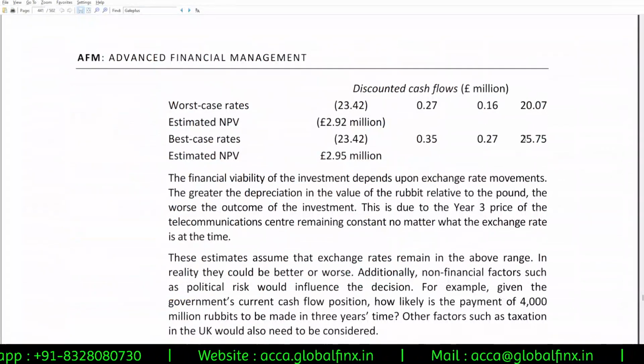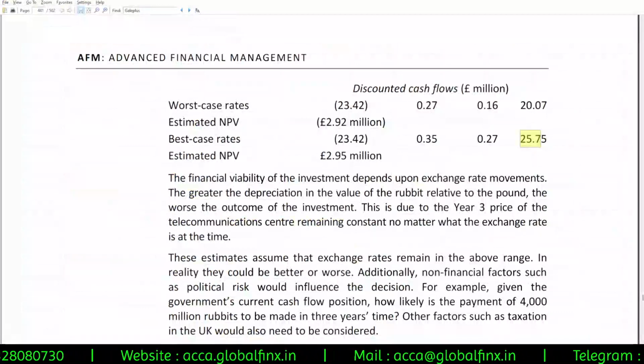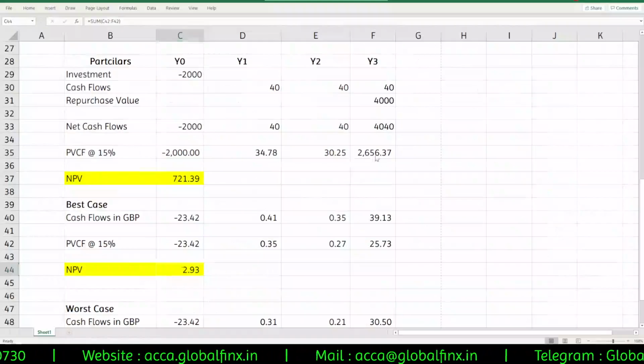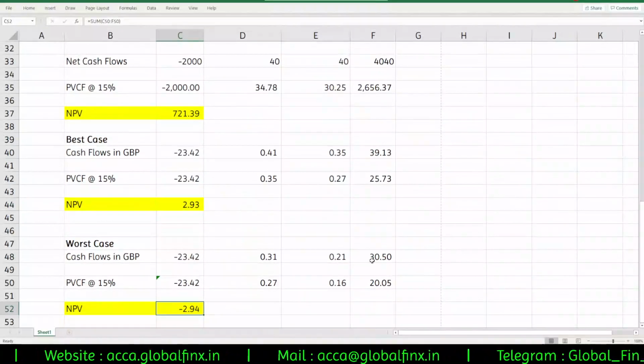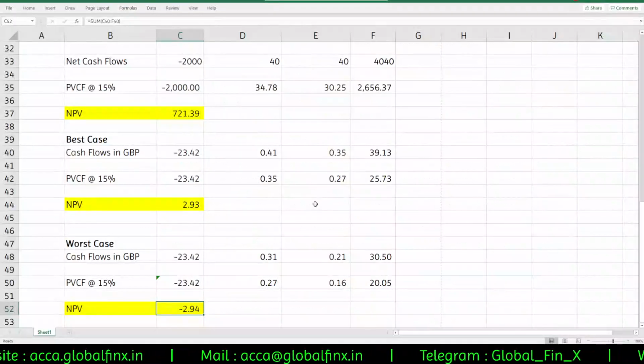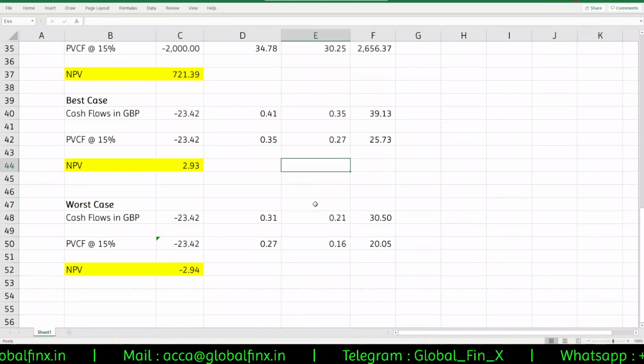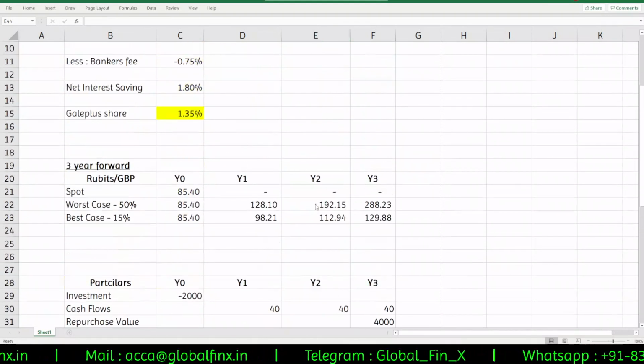25.73. Yeah, 25.75. No problem, sir. So NPV is 2.93 in the best case, 2.95, 2.93, no problem. And in the worst case, it is minus 2.94, minus 2.9294. That's fine, no issues. Okay, so that is your analysis, but they did not just ask you to solve the